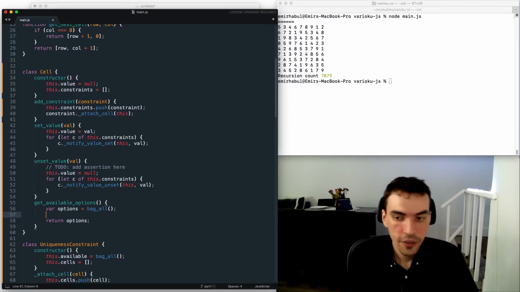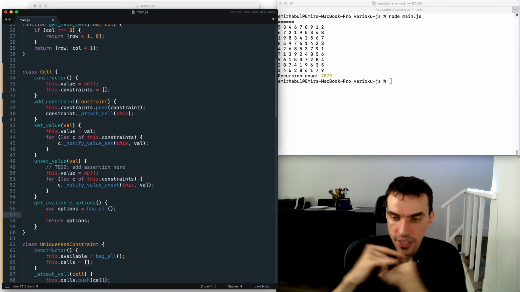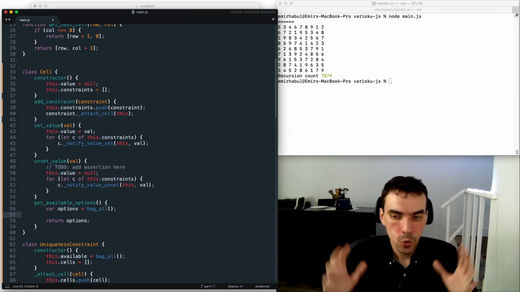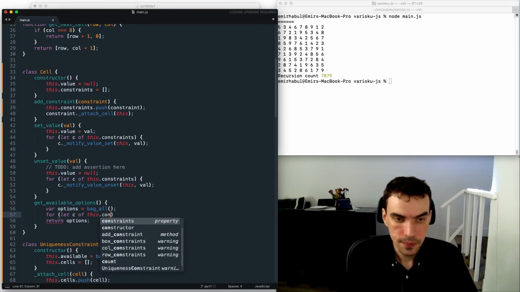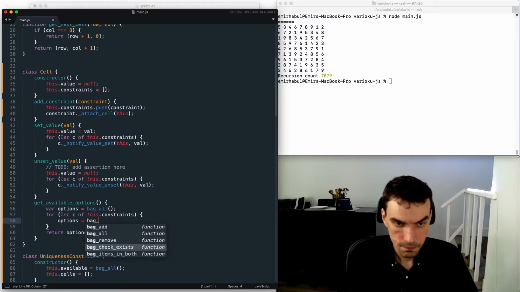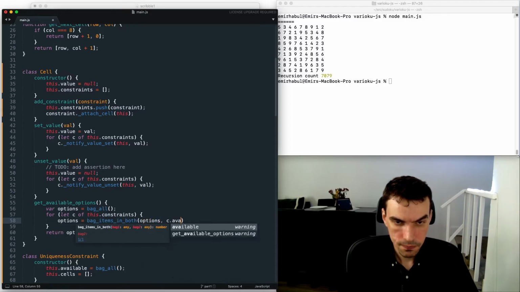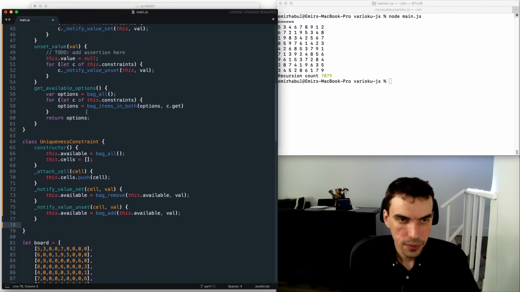But if it does have constraints, we should go over those constraints and perform this set intersection in order to narrow down the possible options. All right, I will make a method that will be